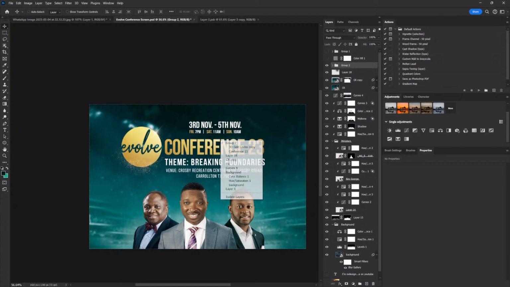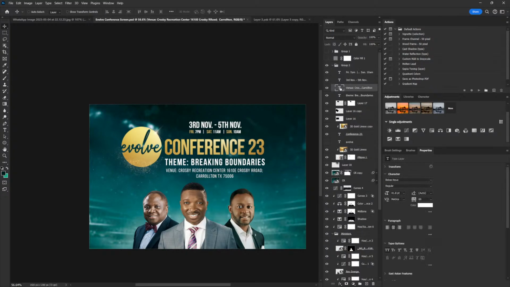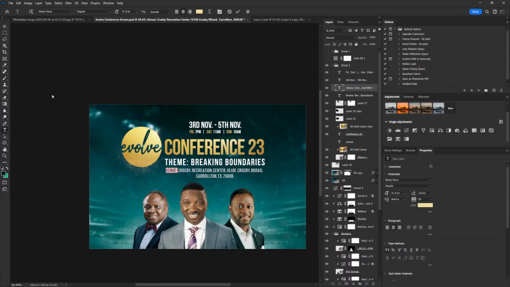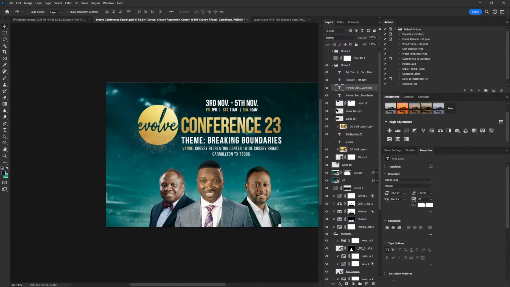All right. So in order to create more separation here, because my venue here is really looking like the continuation of the theme, I'm going to change the color of the venue to the same color here. Or let's just use this to create that separation like that. And yeah, so the next thing we are now going to do is